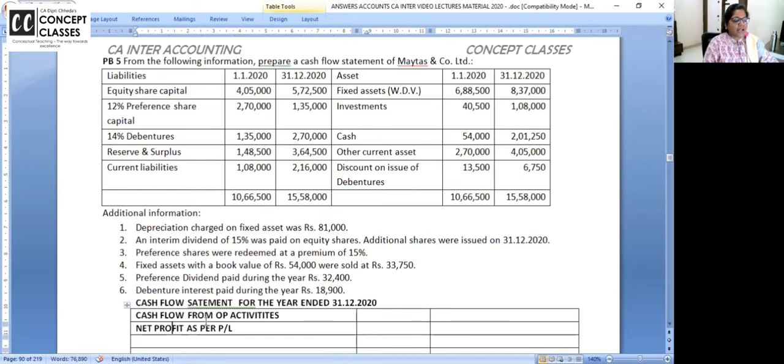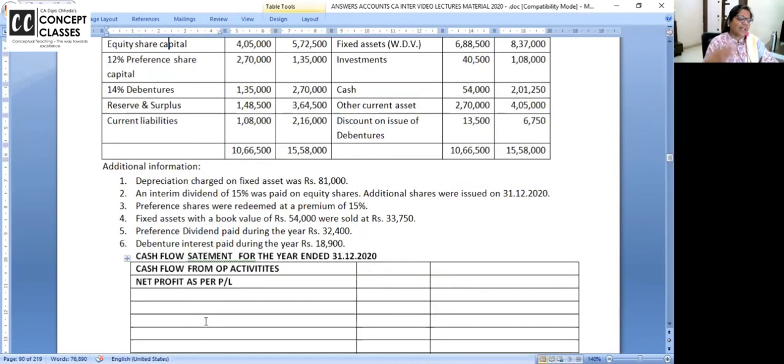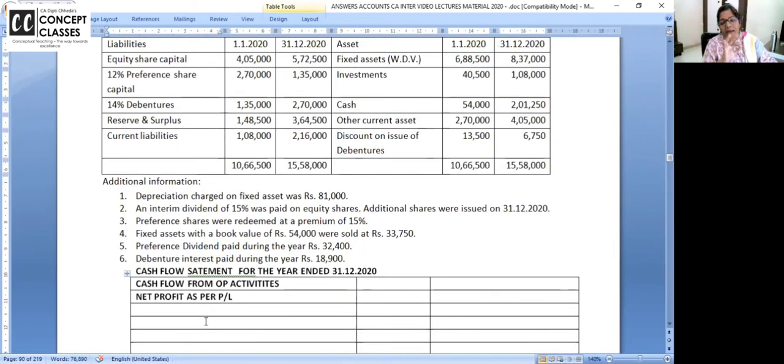Now let us start analysis. Wherever we need in analysis, take help of the adjustments which you have already read once and take help of the T format accounts. Okay? So I'm starting with liability side. Sometimes I start with asset side. In exam, absolutely okay. Completing the problem in 10-12 minutes is important. Start from wherever you want. Right now I am doing it from liability. Next problem I'll interpret from asset. Whatever suits you, go by your way.